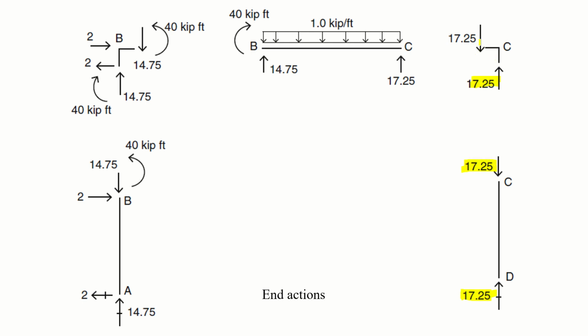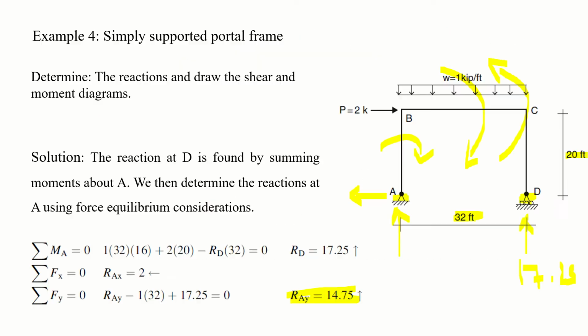Now coming to the beam, if an upward force of 17.25 is acting upward, then there should be 17.25 downward, so joint C is in equilibrium now. Now when moving to the member BC, if there is 17.25 downward here, then it should be applied upward here. Let me tell you one thing: if you want to, you can draw these joints just like here and in the previous example.